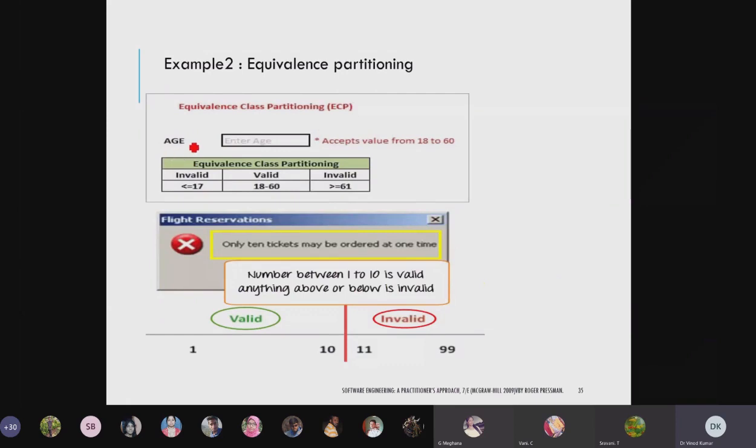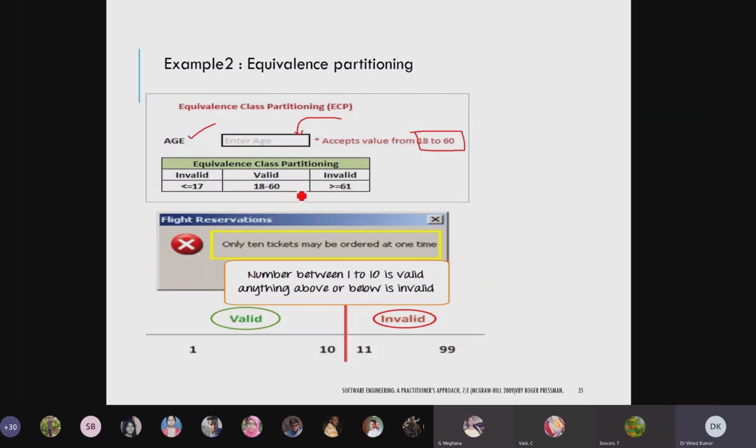Suppose I have created one functionality in my system, that is the age. It accepts values from 18 to 60. So this is my valid class, the valid range. If I enter anything from this, it will say yes. If I am not putting a value between this range, then what will happen?